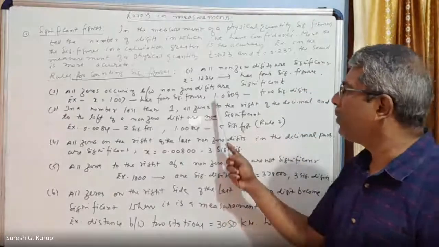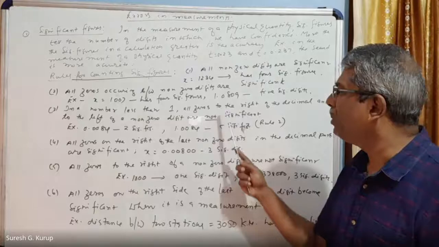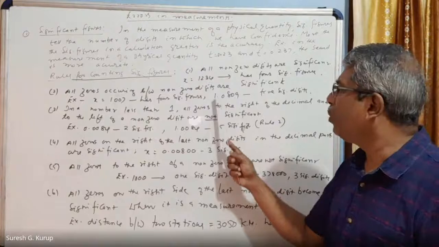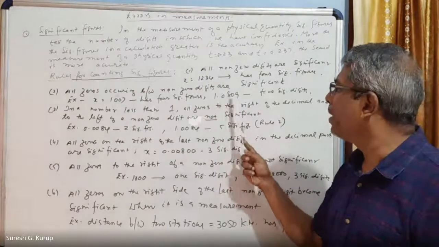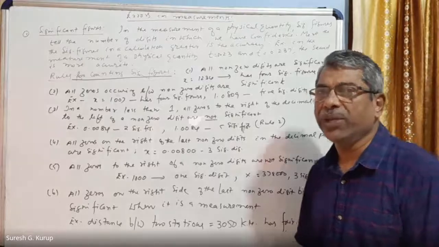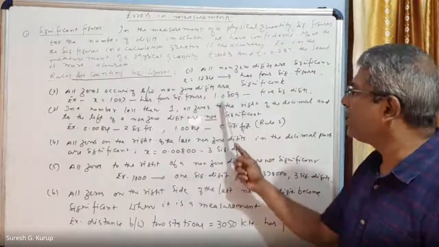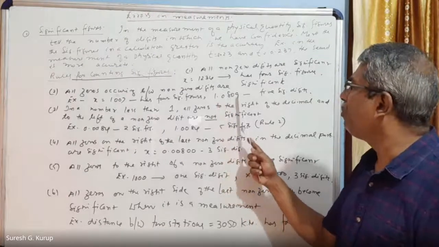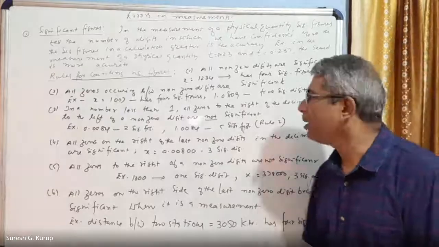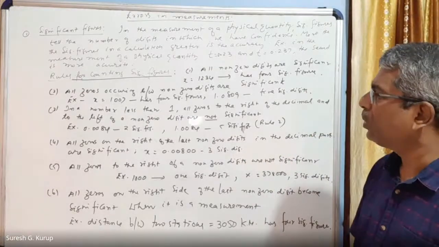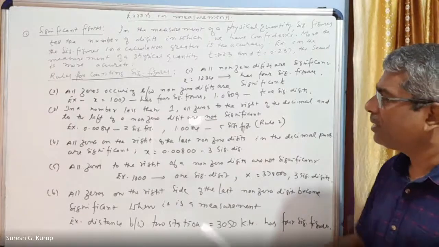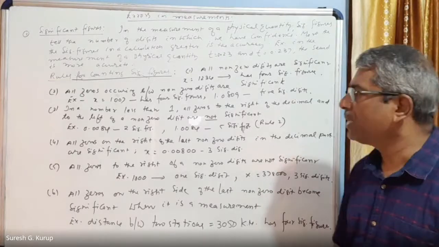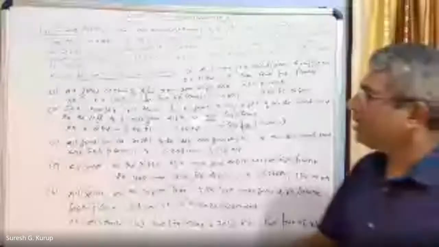Another example I give you as a decimal number. This is a decimal number greater than 1, that is 1.0809. Between 1 and 8, there is a 0. Between 8 and 9 also, there is a 0. All the zeros have to be taken as significant figures. So in this number, the number of significant digits is 1, 2, 3, 4, 5. 5 significant figures are there in this number, right? This is the second rule. The second rule is very, very important, right? That means all the zeros between two non-zero digits have to be taken as significant figures, right? Rule number 3.